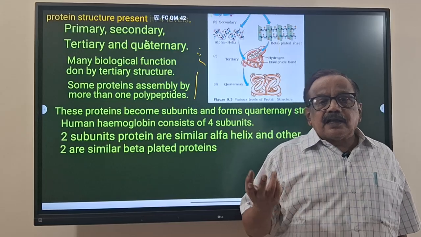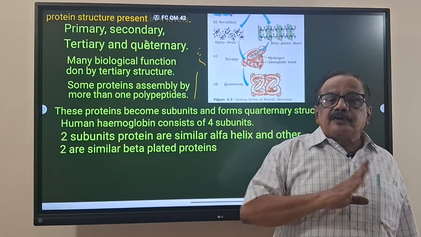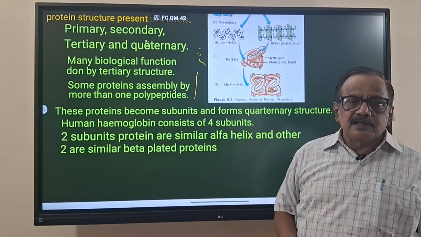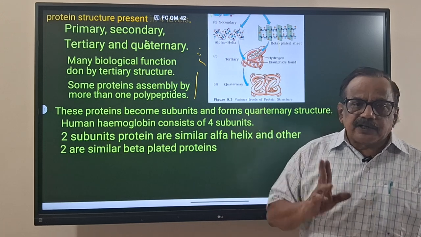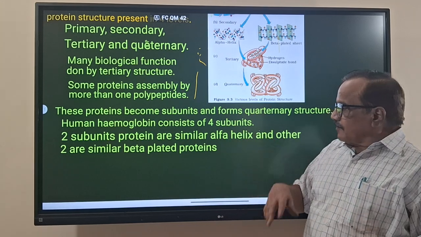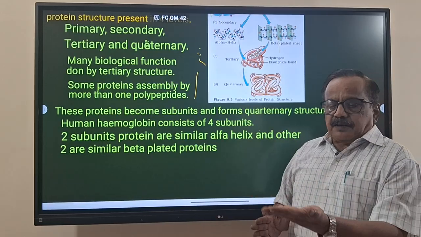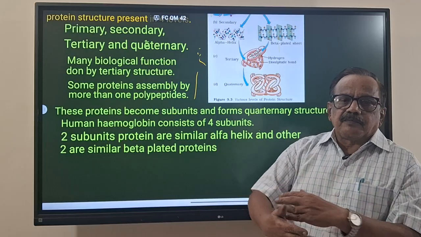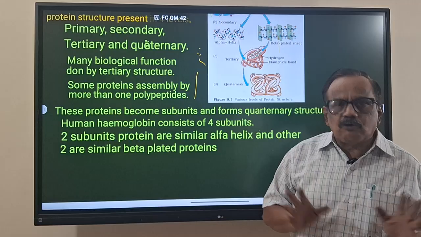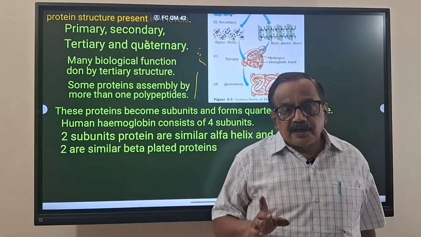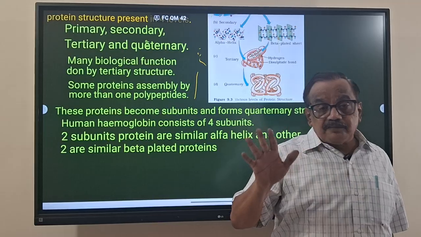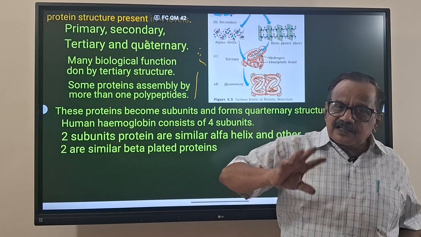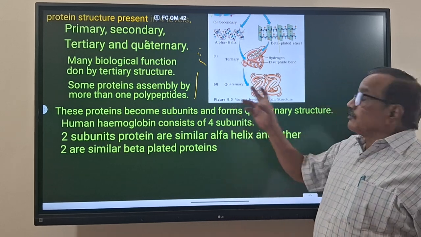What are they? They are the primary proteins which formed the alpha helix, beta plated. Alpha helix 2 proteins and beta plated 2 proteins. 4 will become like this. They will be one upon another, but this is the beta plated, and this one, and like this. They become a compound protein. We can say it is a compound protein also, because a number of simple proteins are present. But these simple proteins are not primary. They are converted into different tertiary proteins, which also participate. Different tertiary proteins participate in the formation of the quaternary. Also remember it,